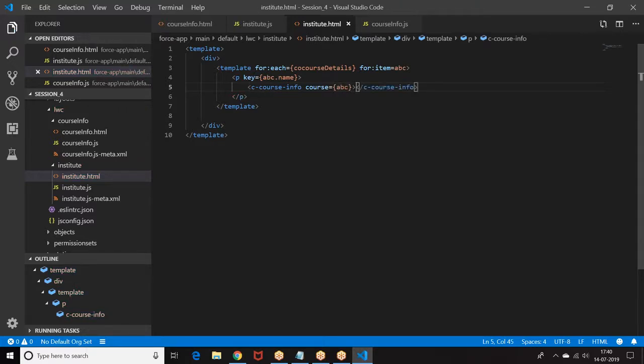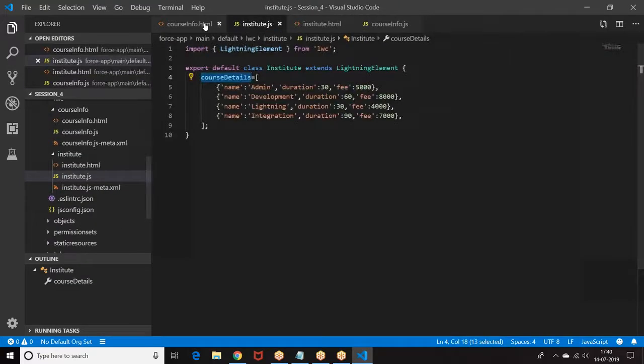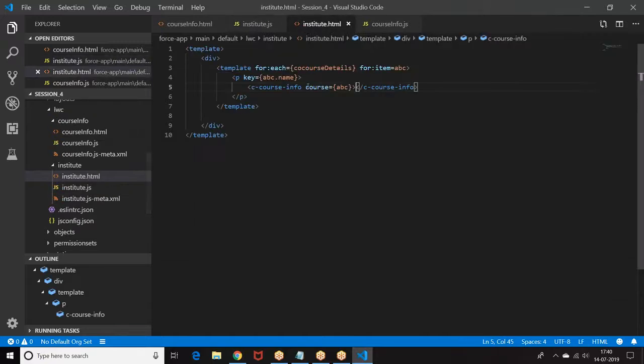So what we have done in this case? For each element, what was the information I have given? Okay, it came twice.